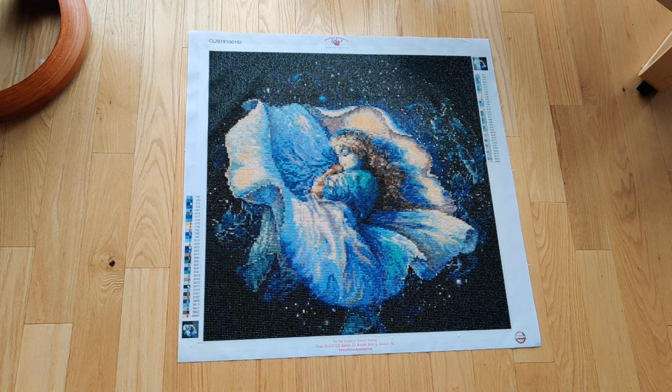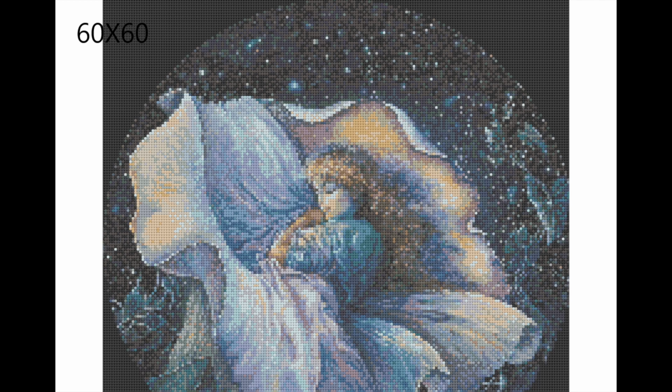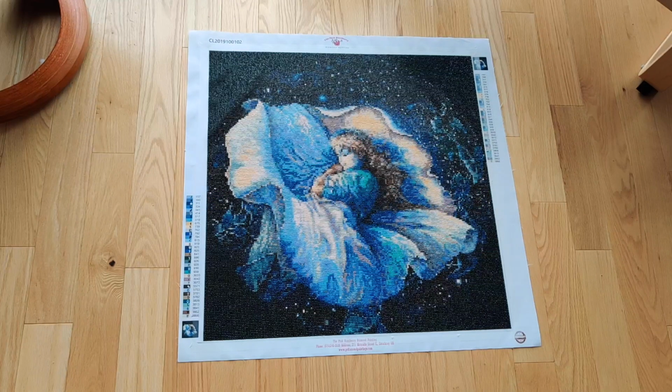Now, what I'm going to do is show you on the screen. On the left-hand side, we're going to have the image that I sent to Royal Diamond Painting. On the right-hand side, we're going to see the chart that they sent me, such as it is, and I'll talk a little bit more about that in a minute. And then I'm going to show you the image that I sent them next to a photo that I took of the canvas before I started drilling. So there's quite a bit of a story to this diamond painting,